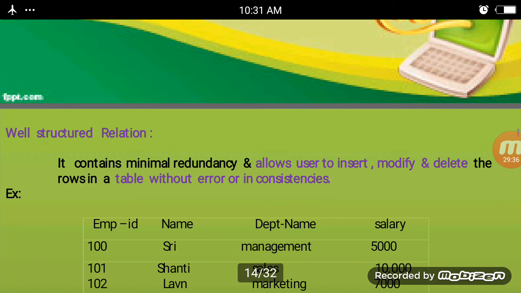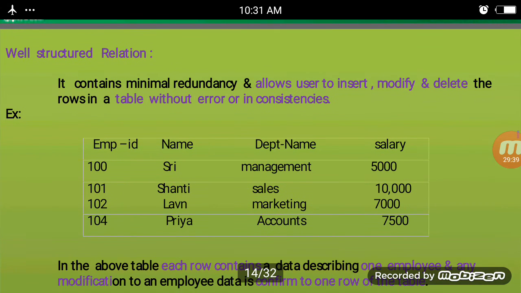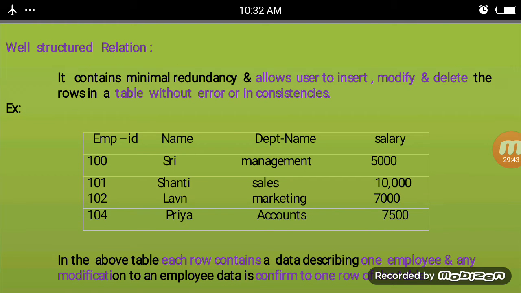Next I am going to talk about normalization. Before going to that, we should know these three things to understand normalization easily. First, a well-structured relation.